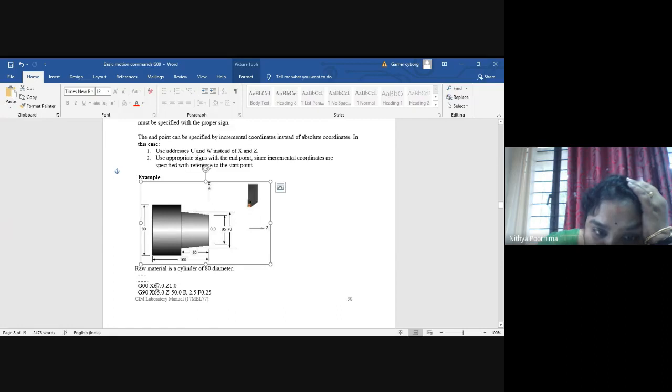X they are giving as 67. Z they are only moving to plus 1, on the other side. That means the tool moves plus 1 here and goes back for x67. This is only rapid traverse.